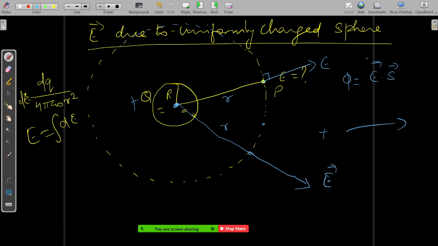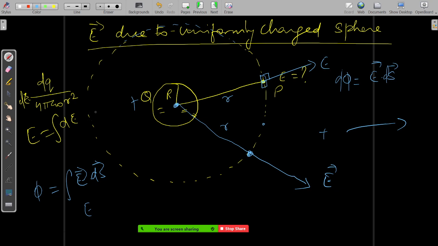What we do with electric flux is E dot dS. Any small surface you take, that particular small surface is going to be perpendicular to the electric field here, right? So the angle between them is 90, so total flux will be the integration of E dot dS, it's going to be zero. So E will be a constant at all the places, because by symmetry the electric field is uniform at all the places on this surface, because it is symmetrically distributed, right?